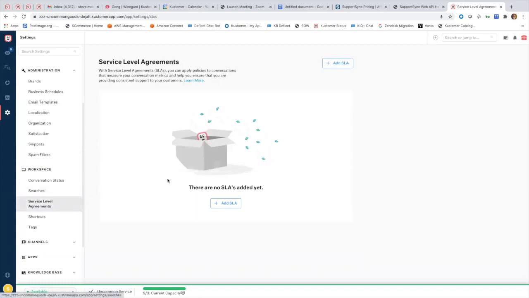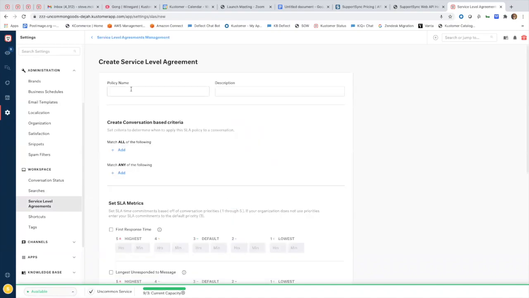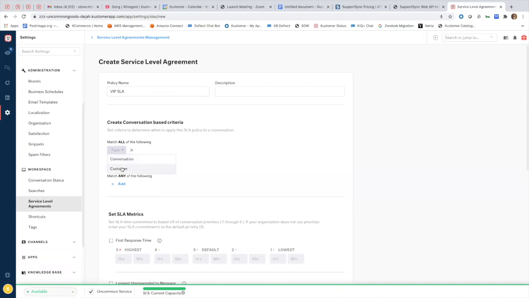Service level agreements. I haven't set one up for you, but let's do that now just so you can see how we do that. So add a service level agreement. We're going to call this VIP SLA. And now I have to give it a criteria. So I want this service level to match, and I want you to come in and use the customer. And I'm going to use the field called segment right down below here. And I'm going to say if it is equal to